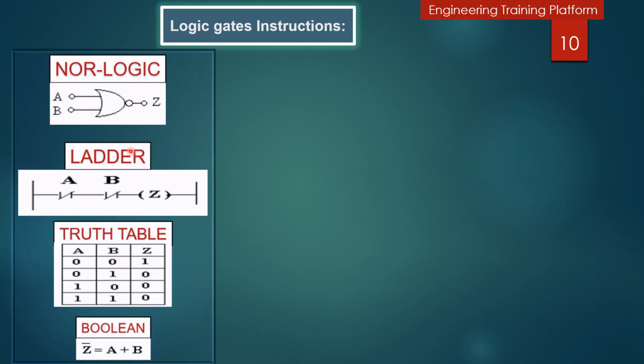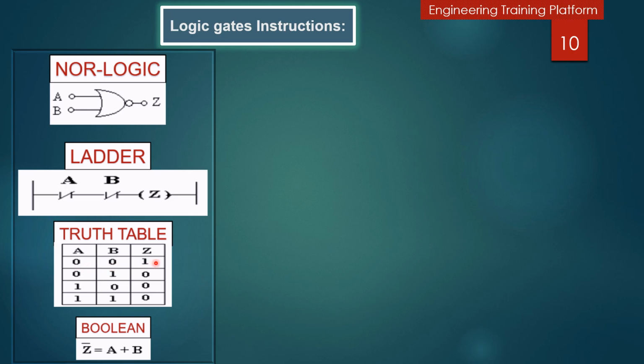Now we will discuss the NOR gates. This NOR gate is the opposite of the OR gate. You can see here is the inverter. In the OR gate before, I can explain here in the truth table. When input A is 0 and input B is 0, the result will be 1. And you can see before, in the OR gate, 0 plus 0 is equal to 0, but